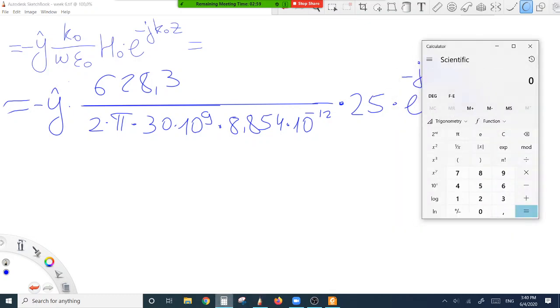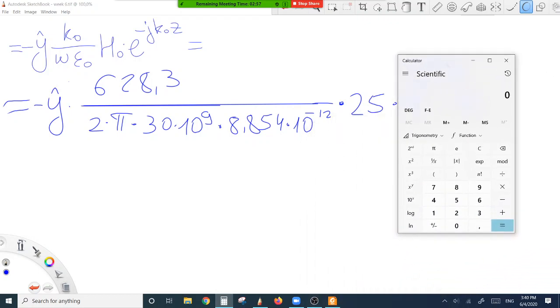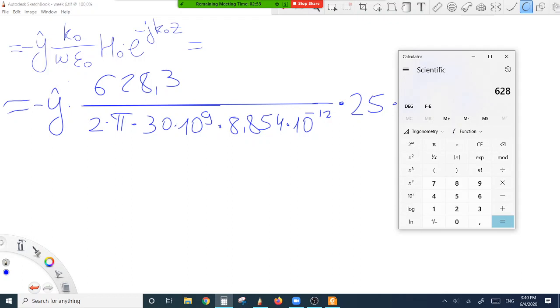Okay, let us compute one more time. This time I think we will not make a mistake. 628.3 multiplied by 25, divided by 2, divided by pi, divided by 30, divided by 8.854, equals 9,411 or